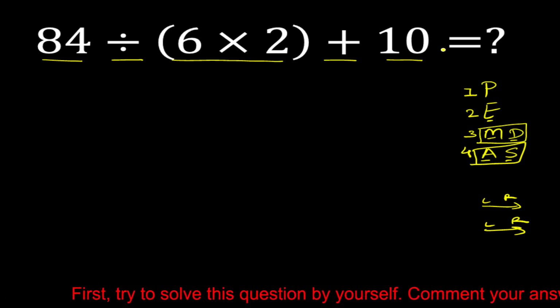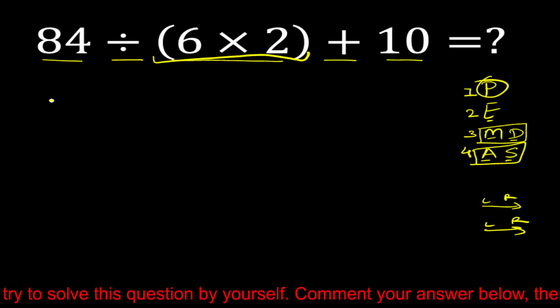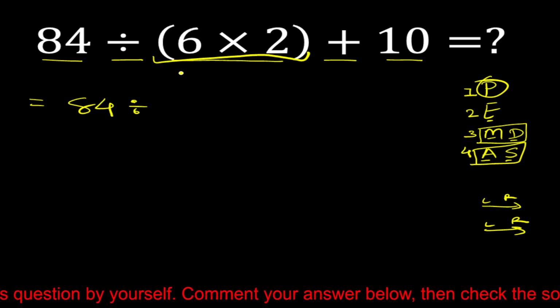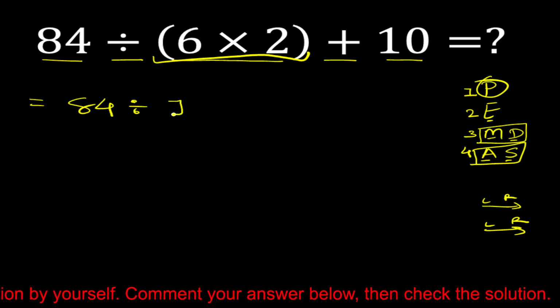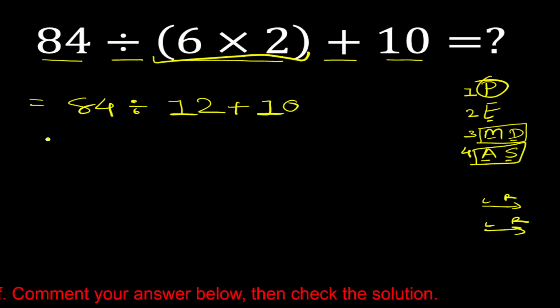So in this question, first priority is parenthesis. So first we have to solve this parenthesis. Okay. So it is equal to 84 divide, now solve this parenthesis: 6 multiplied 2 is equal to 12, plus 10. Okay. So now